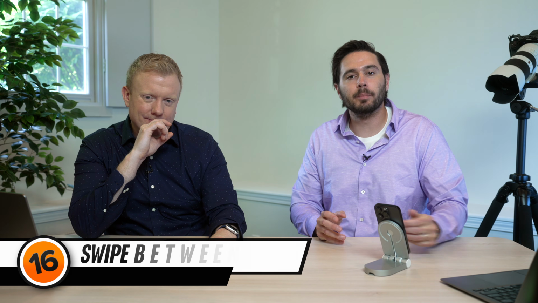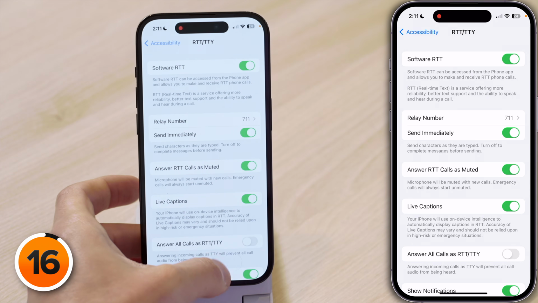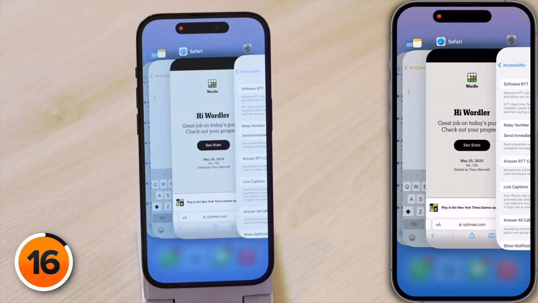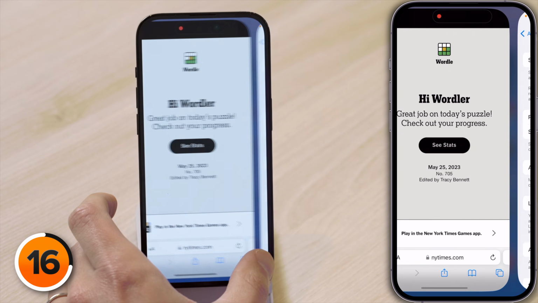months ago. And it's something I really need to get into the habit of doing. It is swiping at the bottom of the screen to switch apps. You probably know you can go into the app switcher by swiping up from the bottom of the screen to the center of the screen. Or if I'm in the settings app, I can just swipe at the very bottom of the screen to change